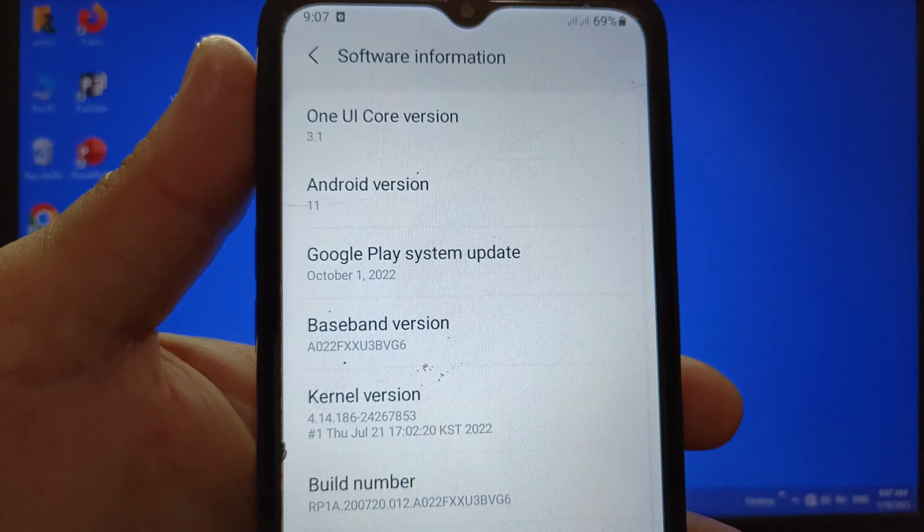Go back and go back again. Now here in settings, you can see the developer options below. What you'll have to do is tap this. In developer options, scroll down and go to